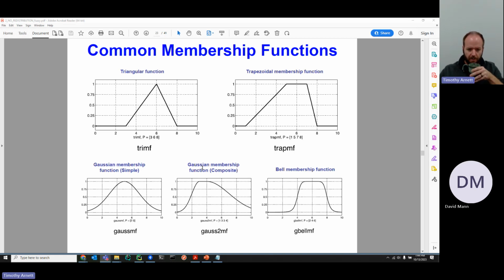Some of the other membership functions that are quite common are typically based on sinusoidal or Gaussian functions. Gaussians are typically used in a lot of situations where smoothness is required in the function for some reason. And for those of you coming from the probability or state estimation world, Gaussians have very important characteristics in terms of both smoothness and representation of that information in a lot of ways. So those are very popular as well.